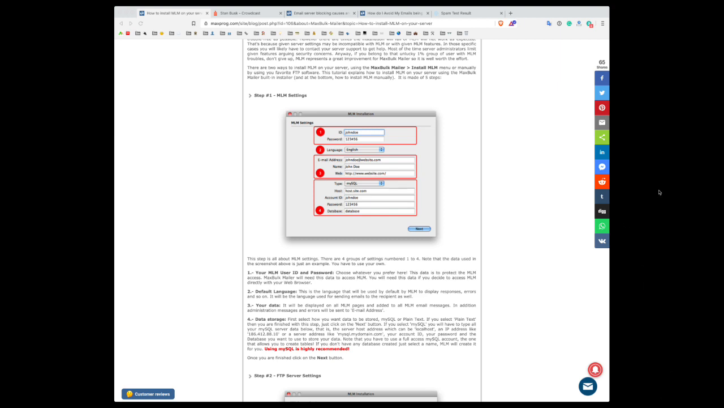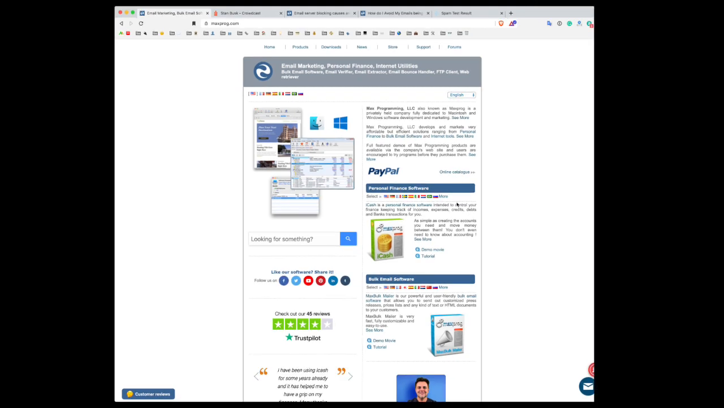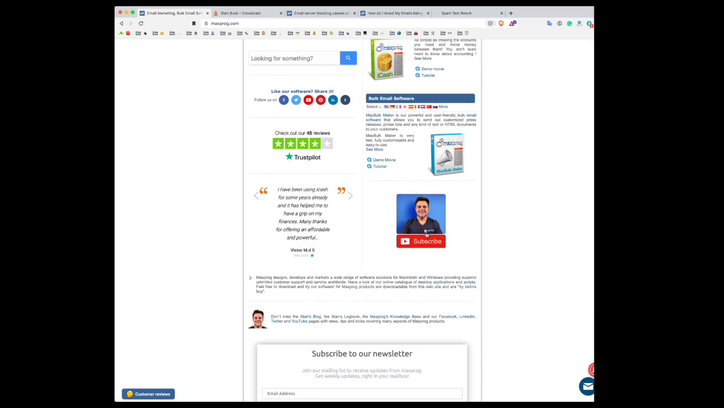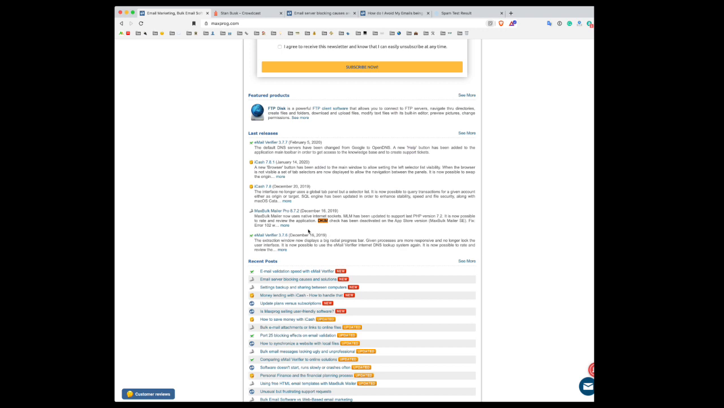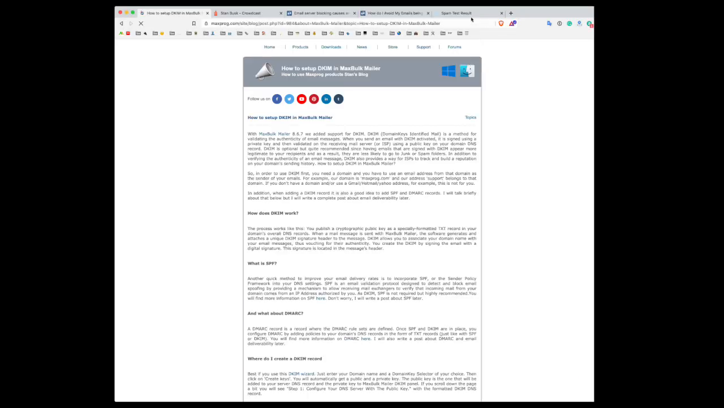Okay. What does it mean, the checkbox DKIM in settings? DKIM again is explained. I have a page that explains DKIM in detail. Let's see if I can find it for you. Let's see DKIM here. How to set DKIM in MaxBulk Mailer? Okay, DKIM